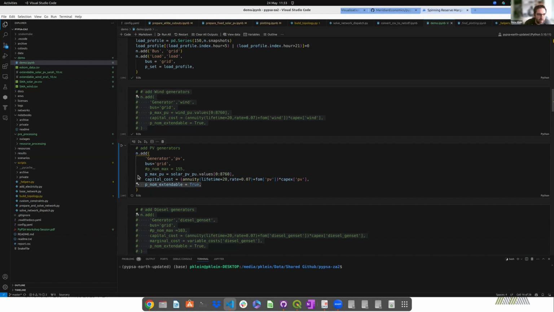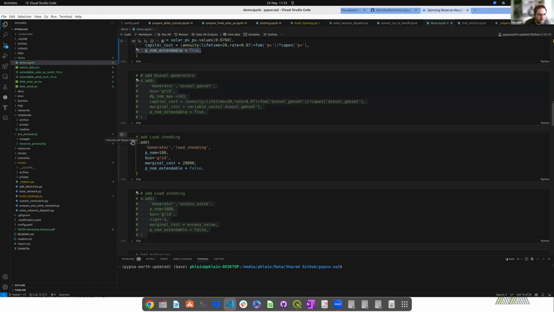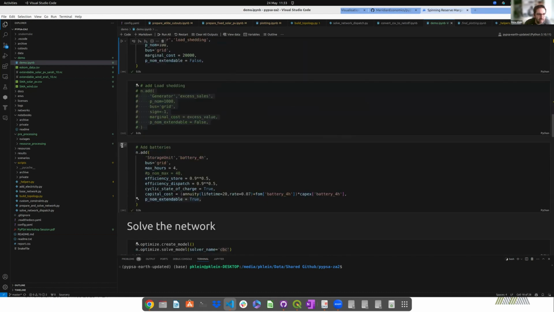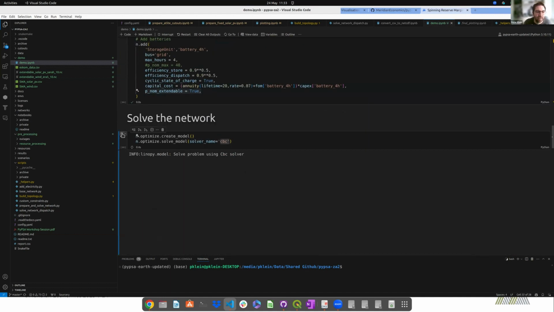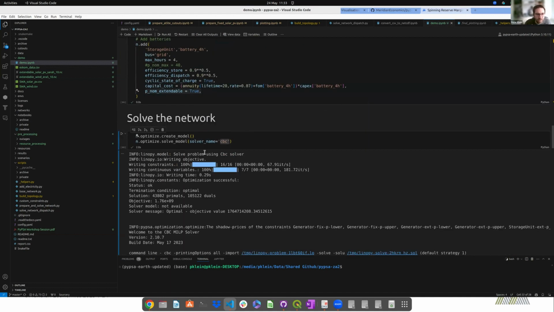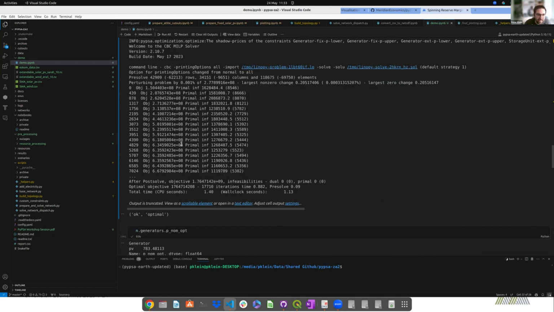Sorry, there's some code at the bottom that I don't want to run, which is why it's running sequentially. And now we're going to resolve our model, and we're going to see what difference it made having some flexibility